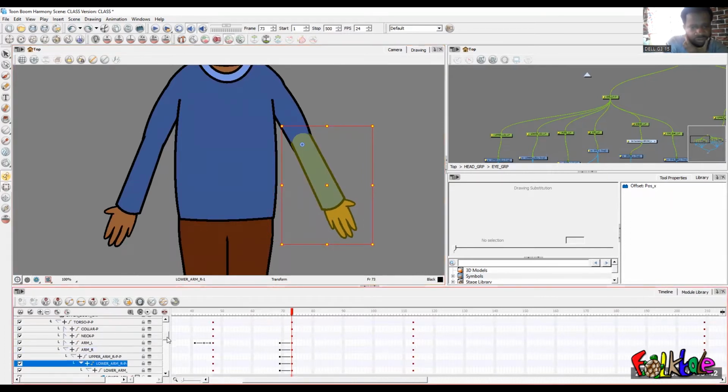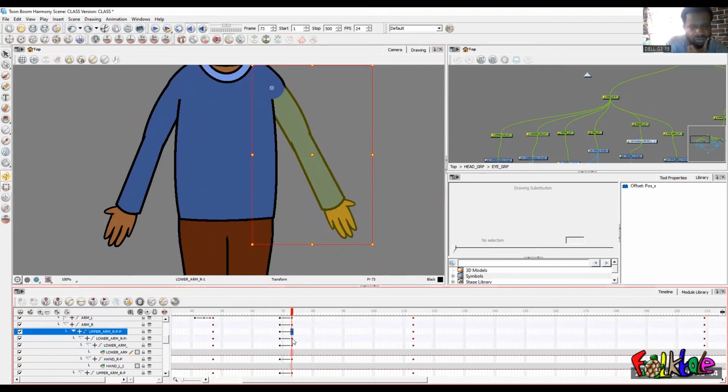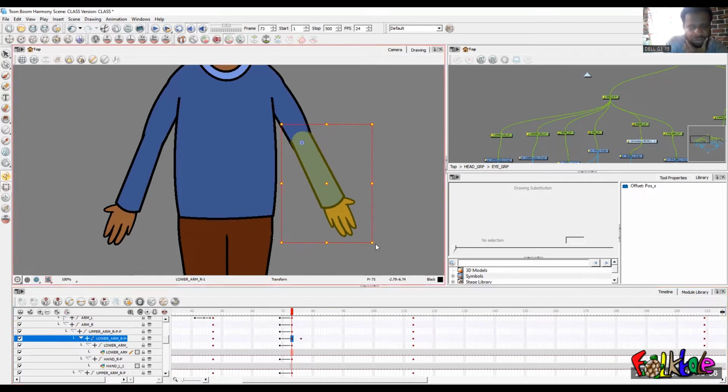So what we are going to do for that one is copy the keyframe like we did before and move forward, then paste. Then we come back to this keyframe and move this hand back a little bit. Then if we interpolate,